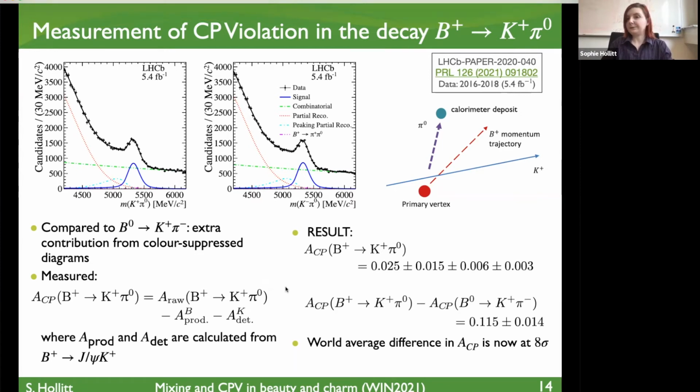So when we remove all the production asymmetries and things, we take a look at this result, and we get a nice result for the asymmetry. If you've been paying attention on the previous slide, you'll see that when we take the difference between this new result and the previous one, we get a very large non-zero difference in the asymmetry again. So now the world average of the CP asymmetry in the K-pi puzzle is at 8 sigma instead of 5.5. So there's definitely a lot of interesting physics going on in this area, and we have a lot more to learn.